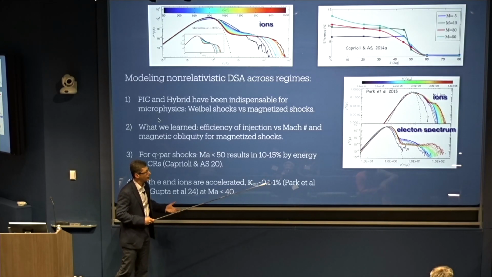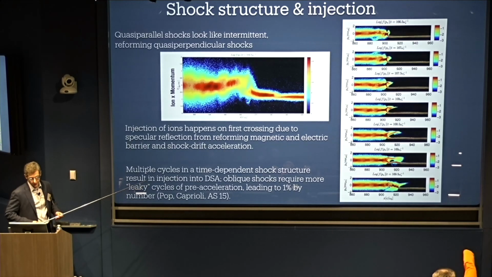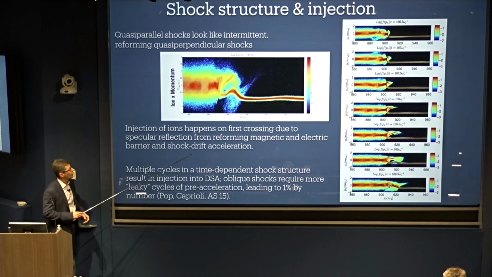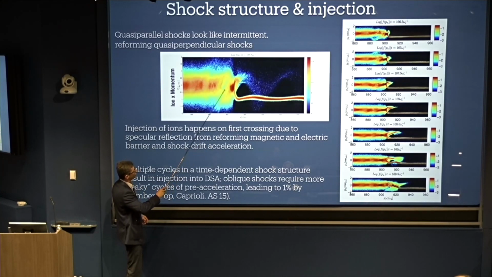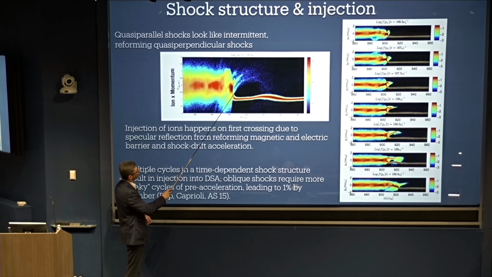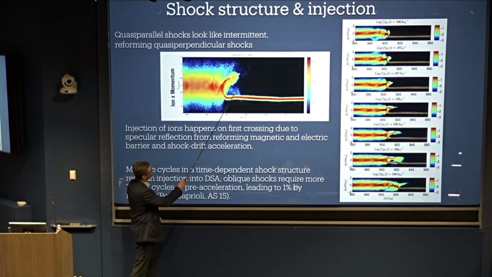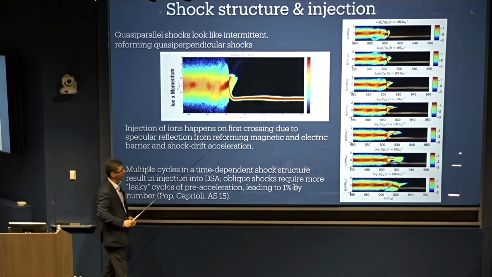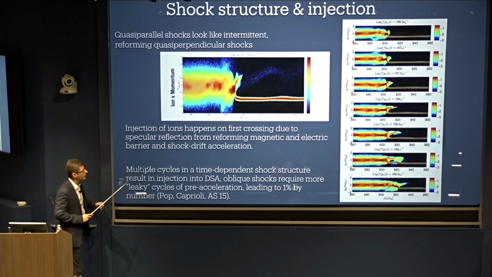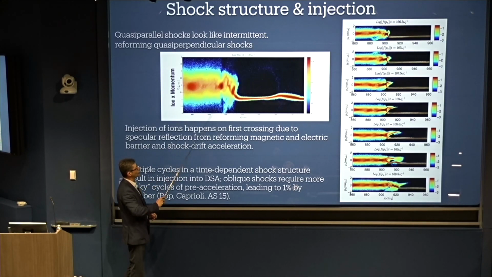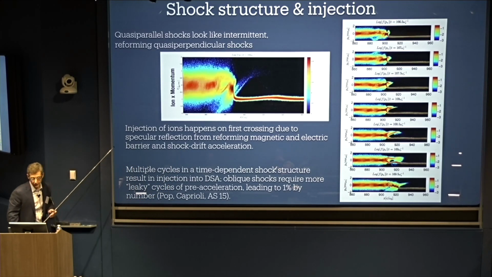What determines this injection physics? That is controlled by the microphysics of the shock. So right at the shock, this is the phase space of incoming ions. They bounce off the shock and start gyrating. And you can see that some particles can gain enough energy through these gyrations that they start outrunning the shock and going back upstream. So these gyrations gain energy through what's known as shock drift acceleration. The particle rides the shock on both sides of it and can gain energy from sampling the electric field around the shock.